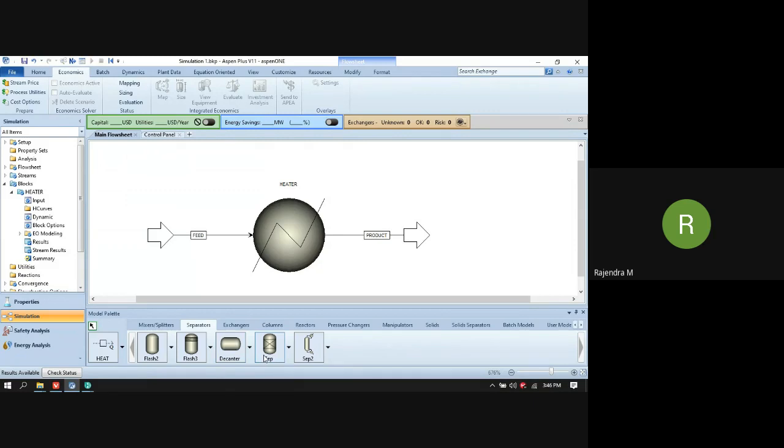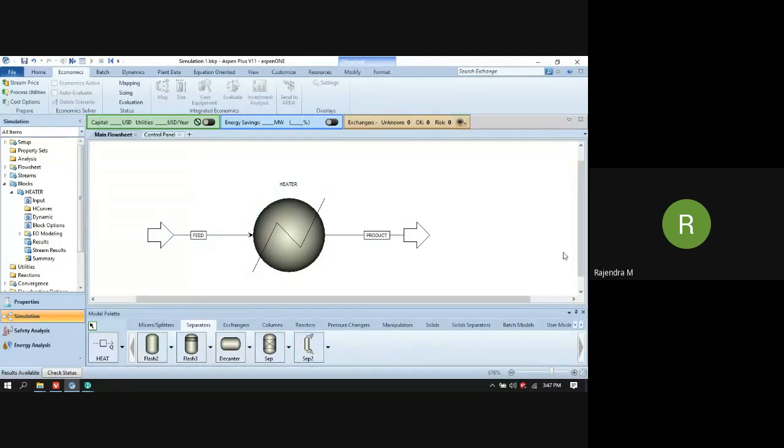And the rest of the other two are the component splitter, a component separator based on the split fraction, and here we have the separator. It separates components into two outlet streams based on the flow rates as well as purities.